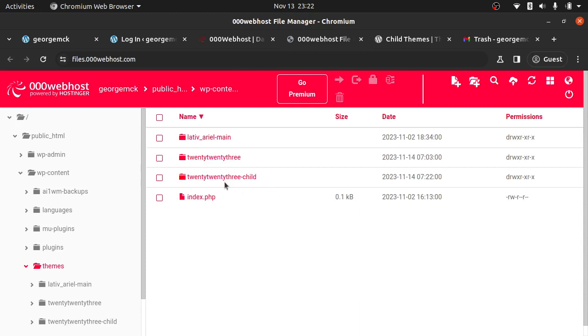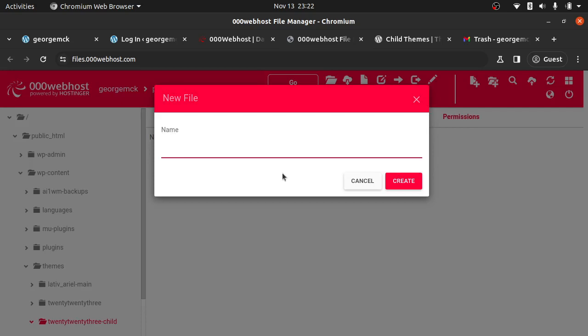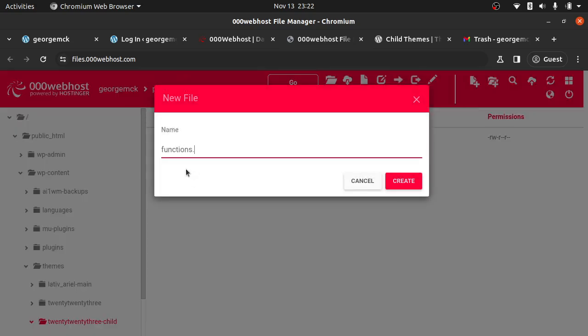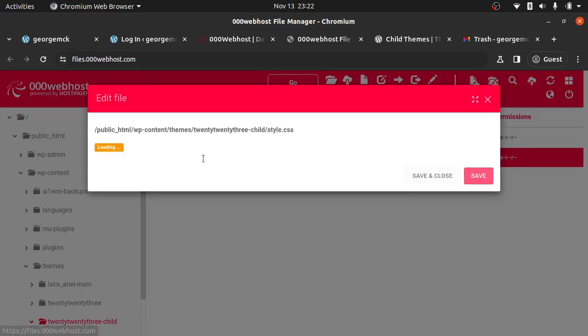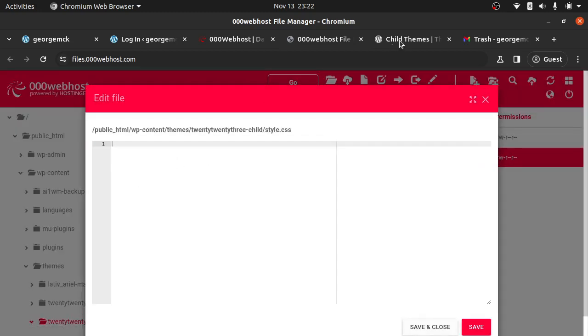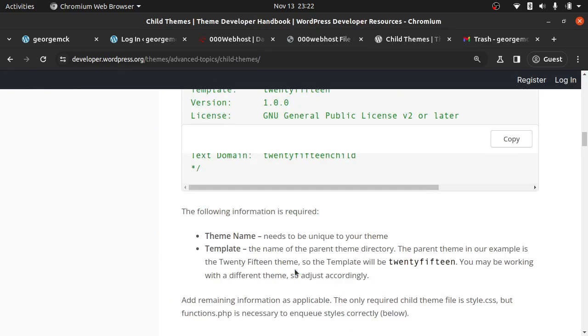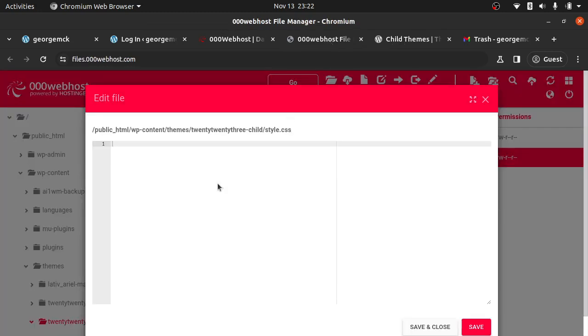And a child theme, going into the directory, requires two files at minimum. The first is style.css, and the second is functions.php. For the content of style.css, I'm going to double click it and open it. I can just grab the sample code that's here, just click copy, and then now I'm going to paste it